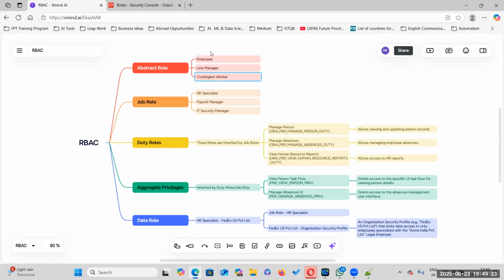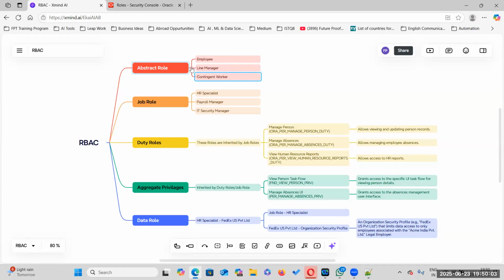The only difference is he is not a permanent worker of the company. He is a third party working for our organization on a contract basis. So what are the three roles? Employee, line manager, and contingent worker. You have to remember them by heart.